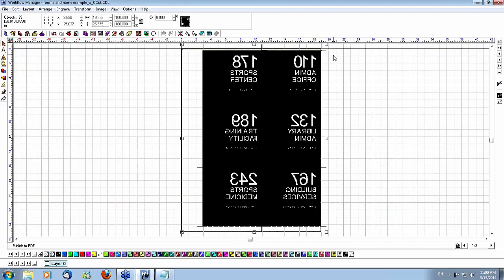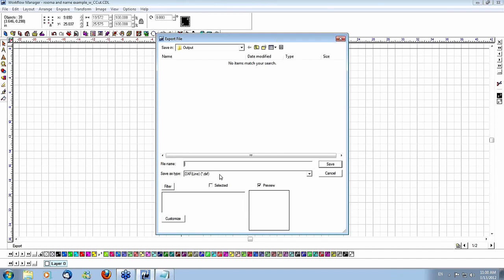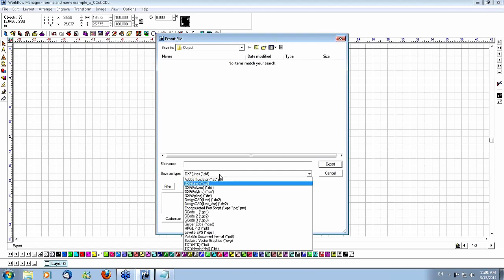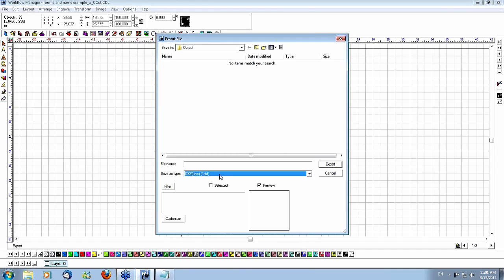Now we're going to output the routed or vector elements for use on a CNC machine. To do that, go File, Export, and select the DXF line type of file. There are approximately 4 different DXF formats that you can choose from. I recommend the DXF line one as the one to use, as it has the greatest chance of success. Again, I'll name the file simply Sign